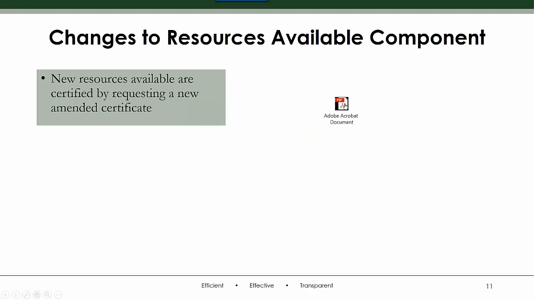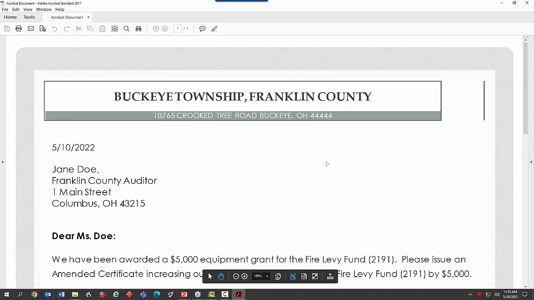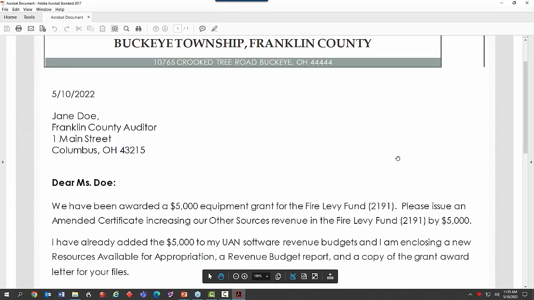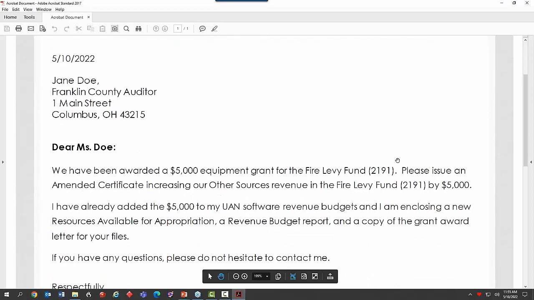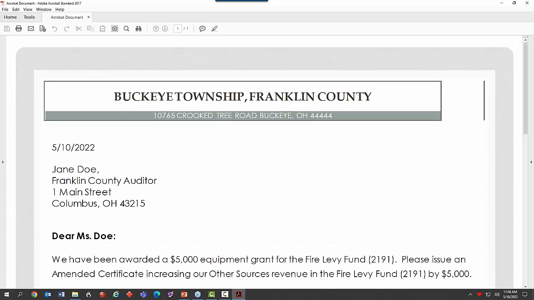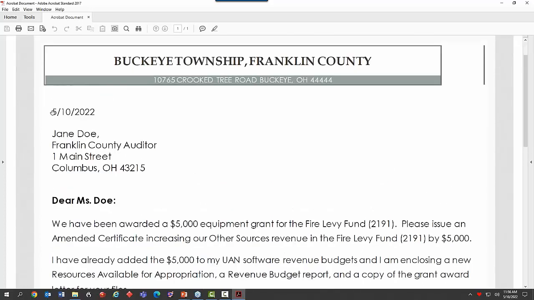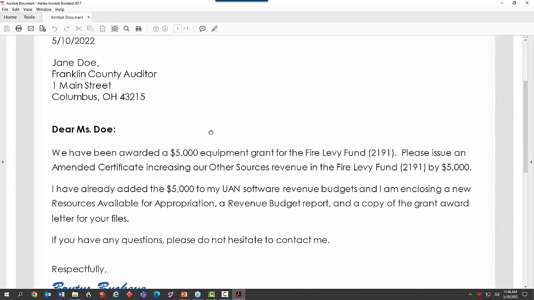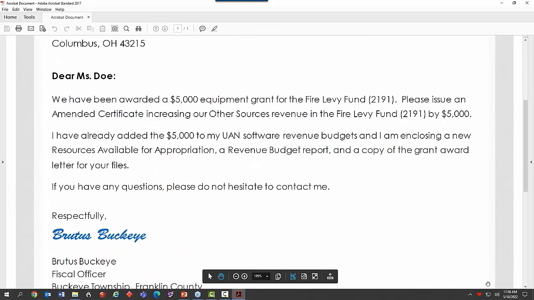Okay, so let's take a look at my sample letter. So I'm old school, so I type letters, right? So it could be that your county has a form they want you to fill out. You could fill that out and then save it and email it to them. Some of you type a letter, sign it, and fax it with some documentation, but this is just my sample. It's on letterhead. It's dated today to my county auditor, and this is the basics.